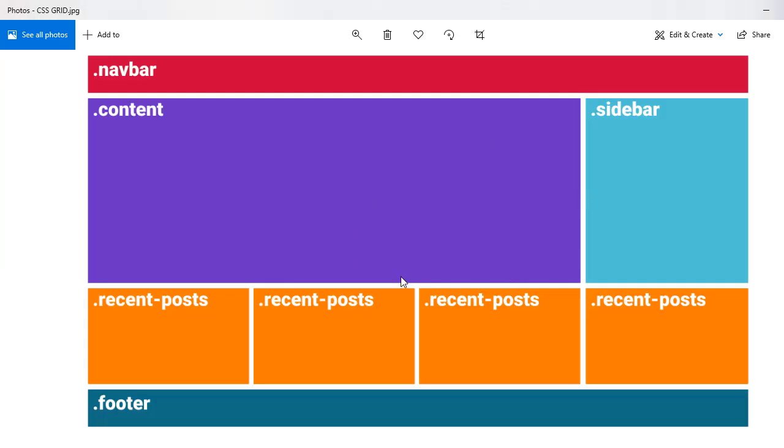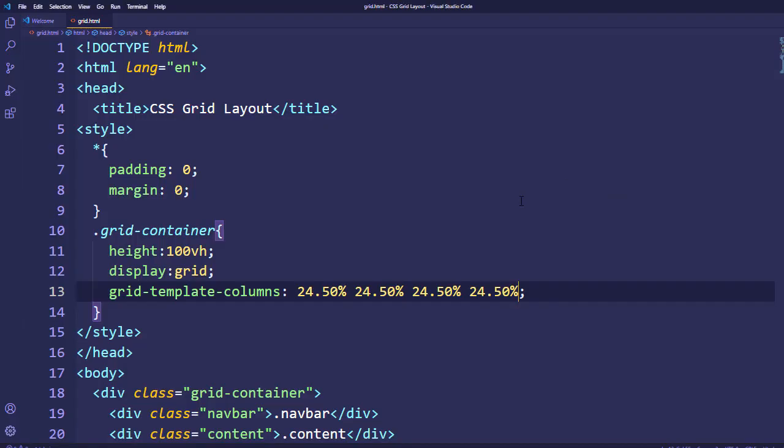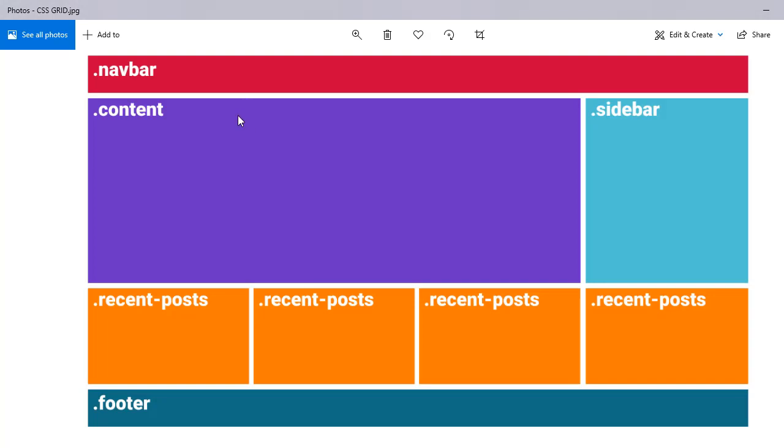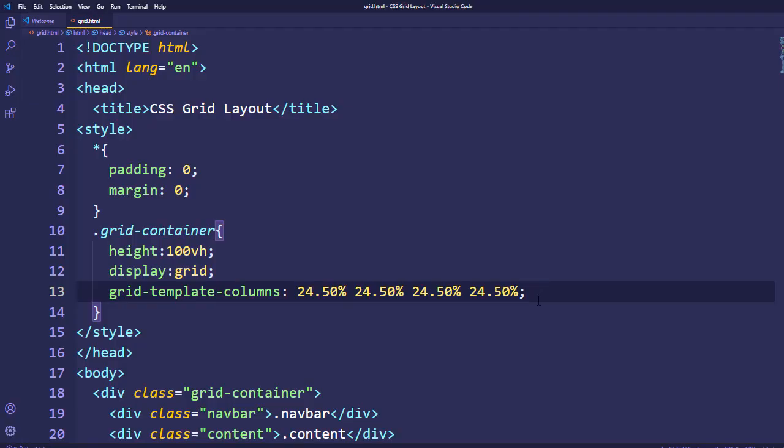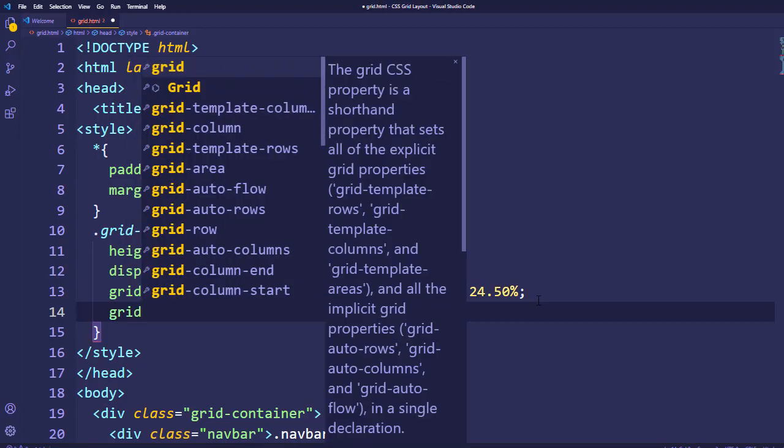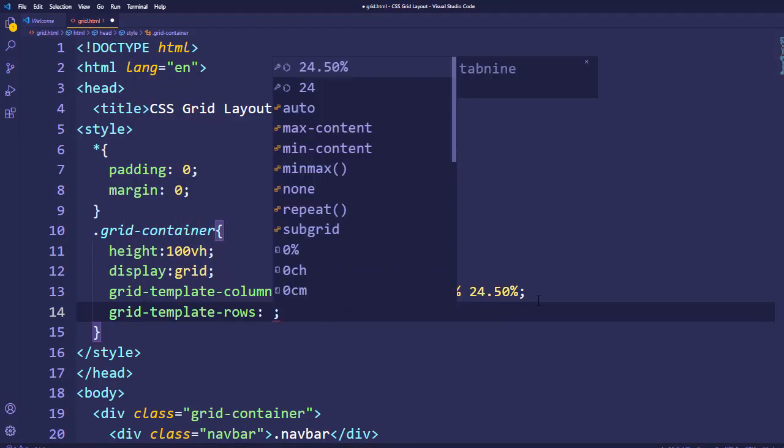Now see why I'm saying to target only 4 columns, because it's a trick: if you want to design the layout in CSS grid, always count the maximum columns that you have and then create the template according to those columns. After that, for the rows, let's count the total number of rows we can have. We have one row here, second row, third row and fourth row. Now for the rows, I will use something different. Here I will say grid template rows.